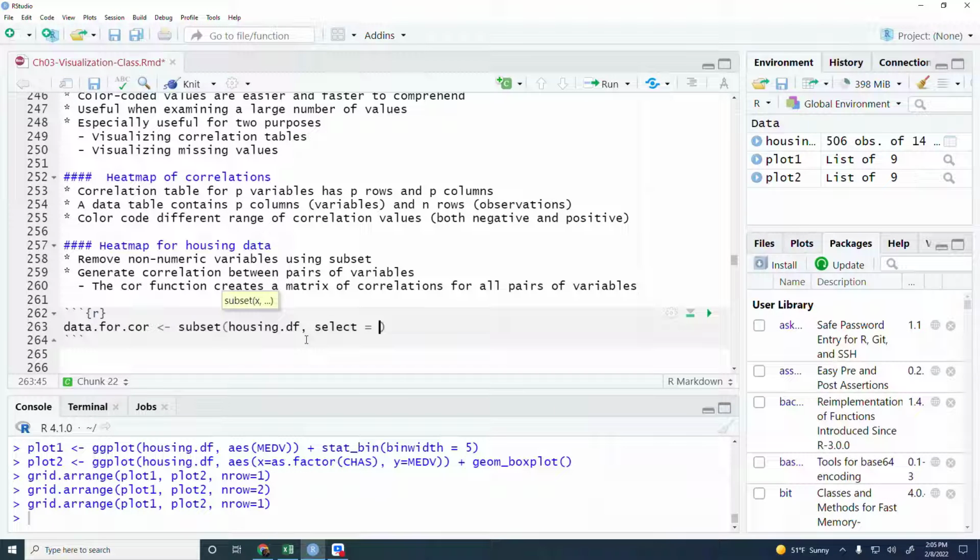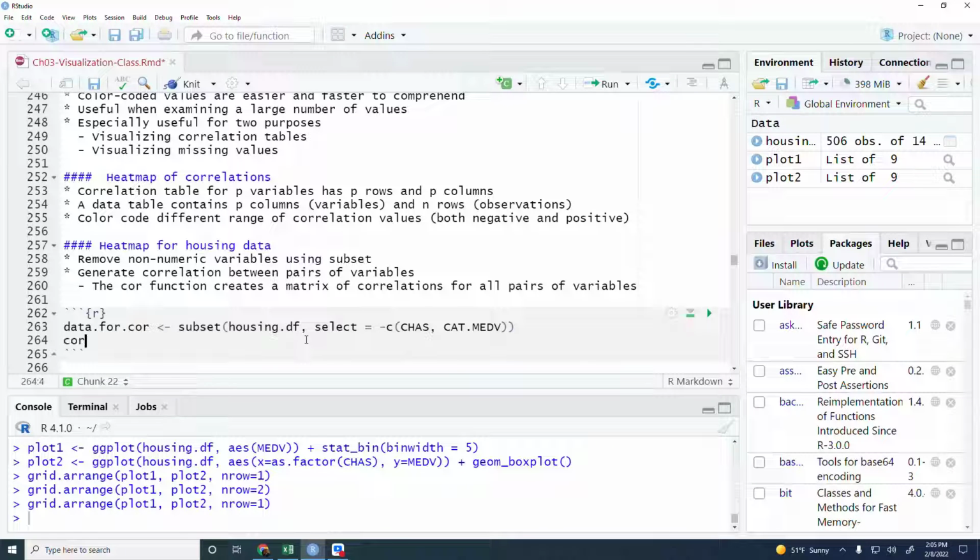Now we say what we don't want to select with a c, minus c, sorry. So we say don't select CHAS and don't select CAT. MEDV. So that's going to select all the columns but get rid of those two, CHAS and CAT. MEDV will be gone, and then